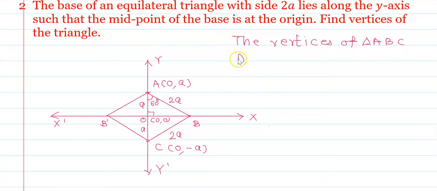The first vertex of the triangle, A, is (0, a). Second, C is (0, minus a). To find out the vertex B, here we consider